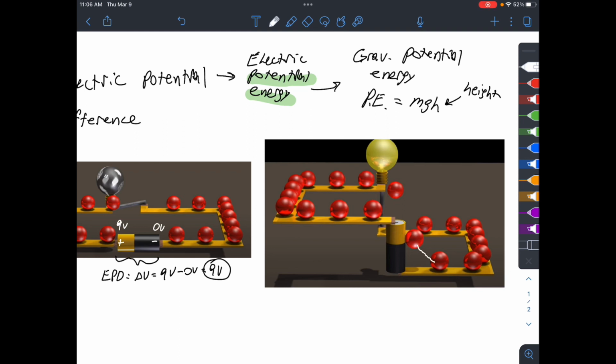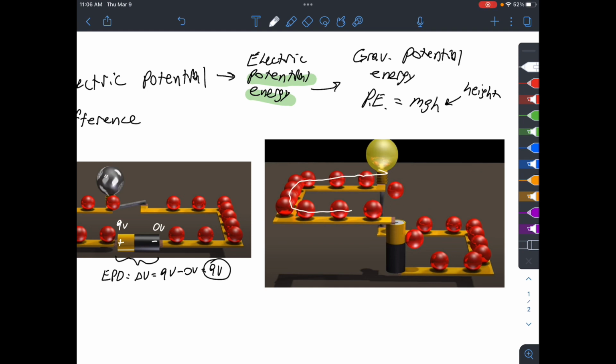It can be thought of as lifting up the electron to a higher height, essentially, where here all of these electrons have some kind of energy, or an electric potential energy,